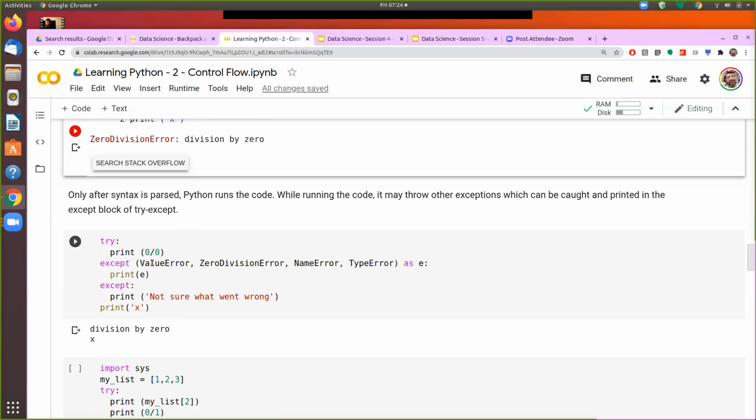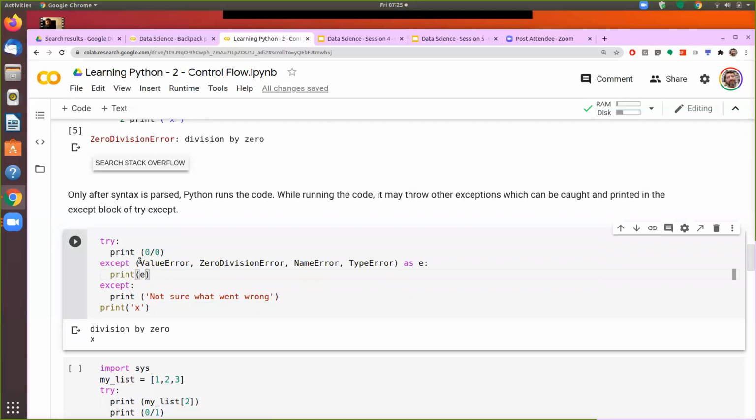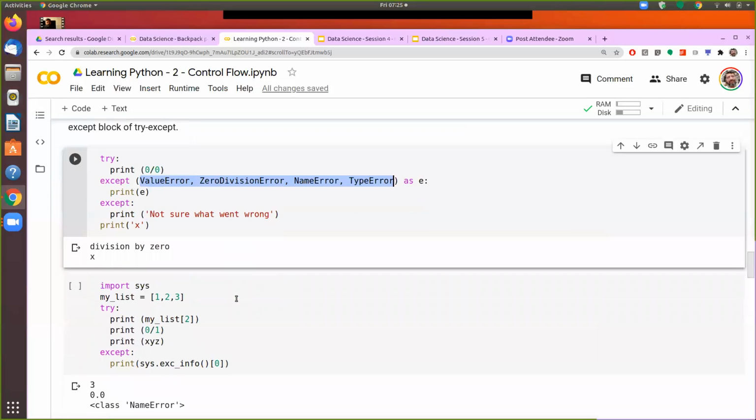So what we are trying to do here is saying: handle the following types of exceptions, which are value error, zero division error, name error, and type error. These are the exceptions I want to catch. So either you can give a specific exception that we want to catch, or if we are not very sure what kind of exception would be coming,